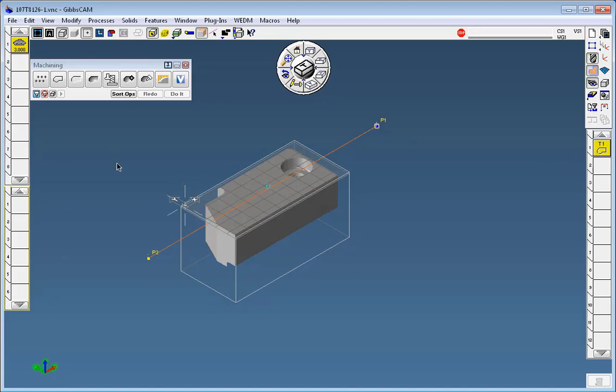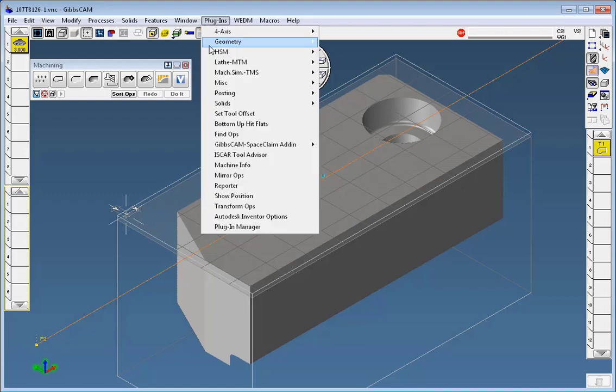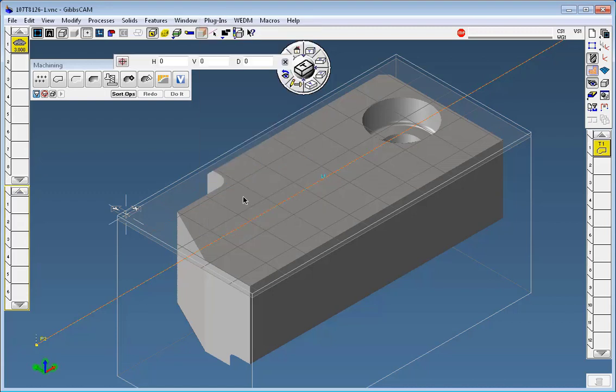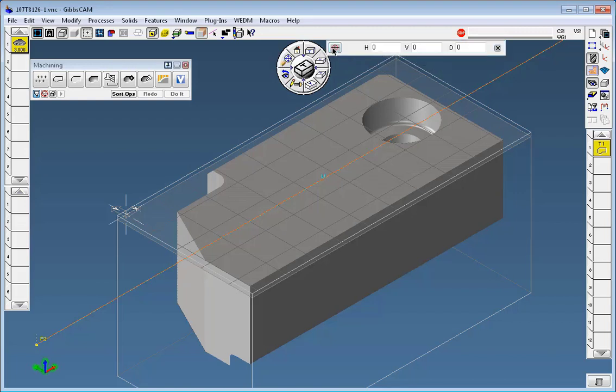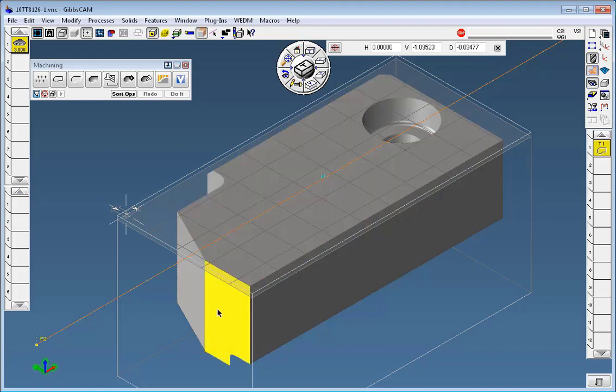The next app I want to do is use an end mill to cut around the part, and I don't know the smallest diameter I will need to do the cutting, but I want to check that. So I'm going to turn on a plugin called Show Position, which has several tools. One is True Position. If I click on it, it fills in where my mouse is being clicked. Curvature is another one which is handy. And I click on a radius,